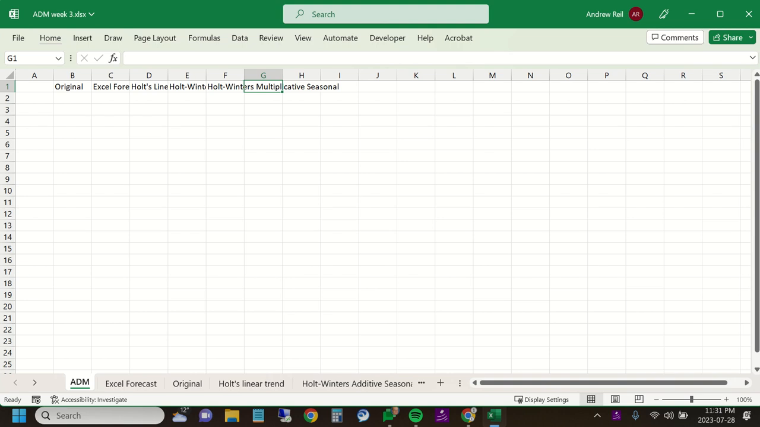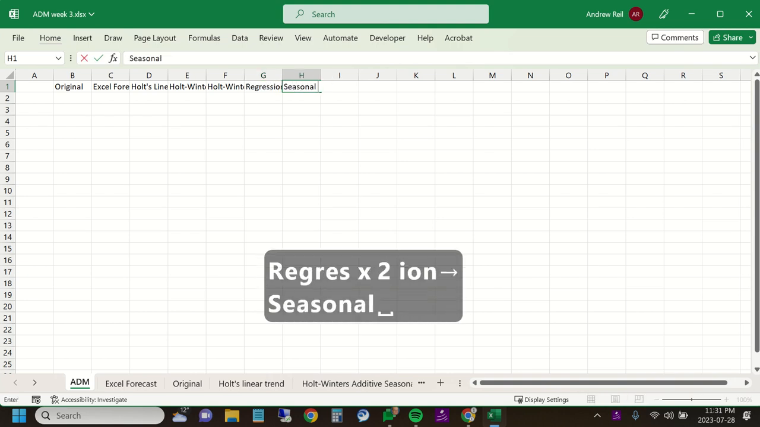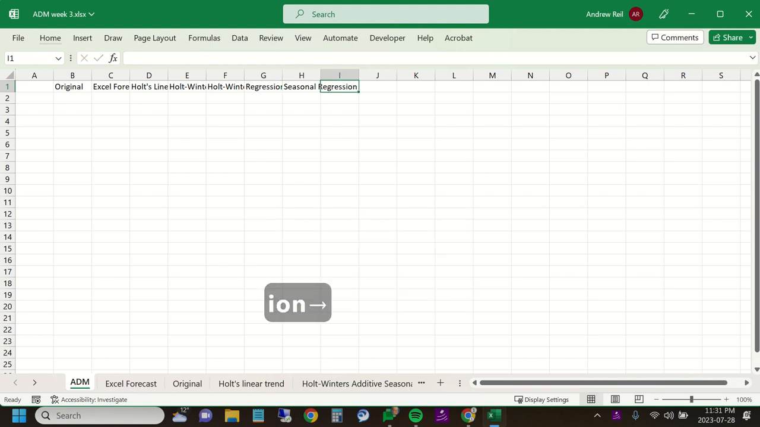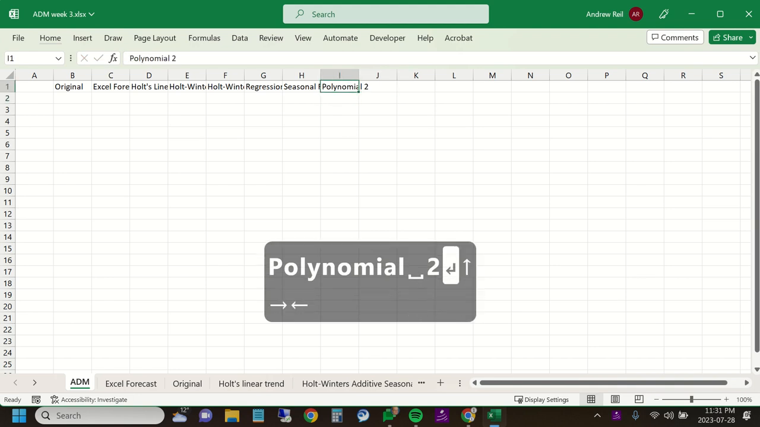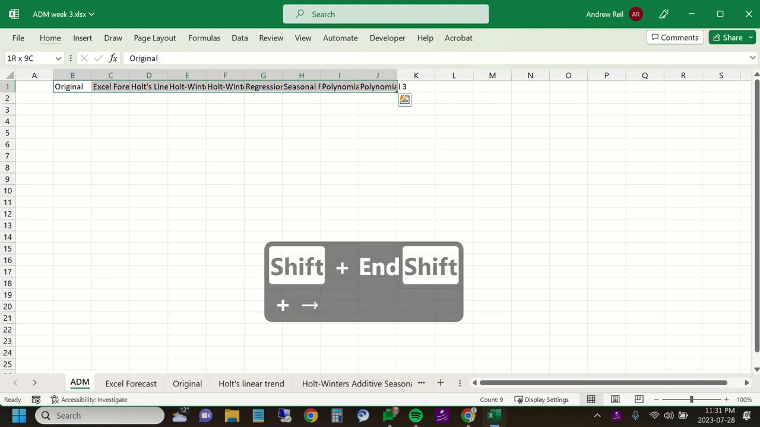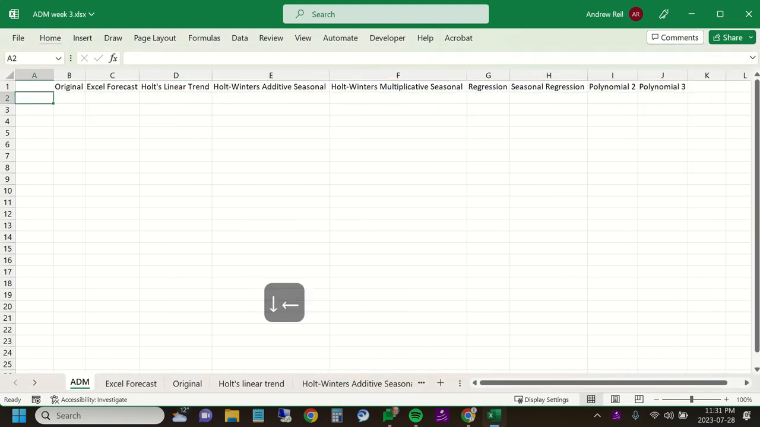And then a regression, seasonal regression, polynomial 2, and copy that, and F2, polynomial 3. And then to make this fit, Shift and across, Alt H O I. And there it is. Now I'm going to go Q1, Q2, Q3, Q4,